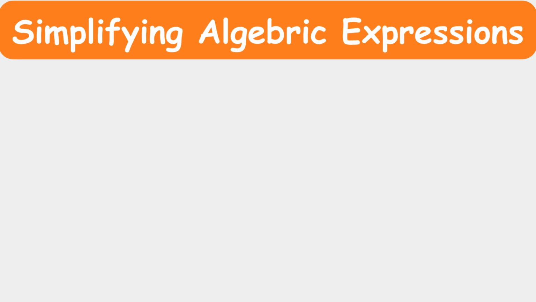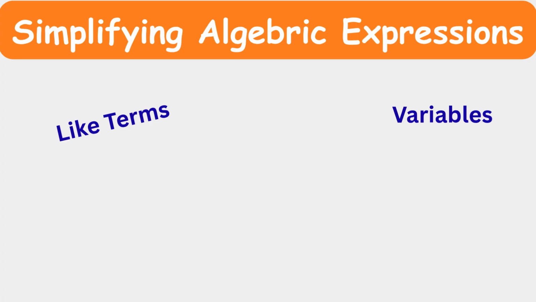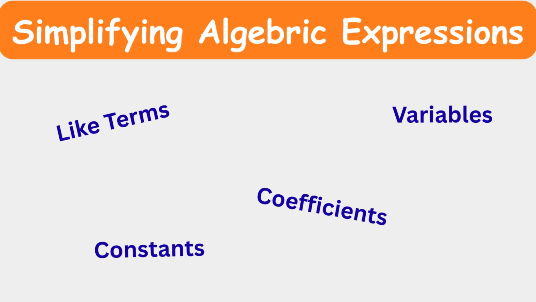Now that we know what like terms are, what variables, coefficients and constants are, let's learn how to simplify an